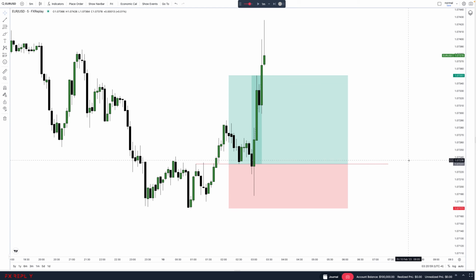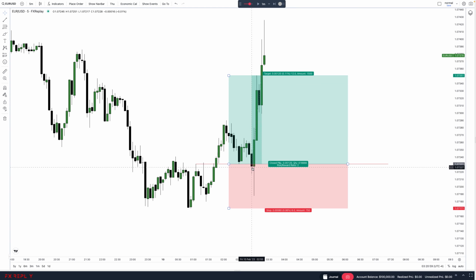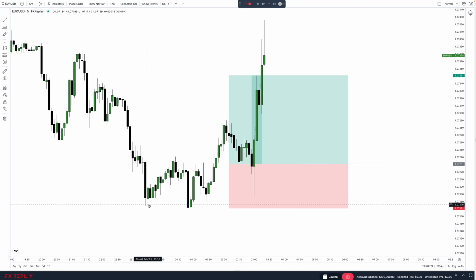As you can see, we got tagged in and price always closed within the mitigation block candle, which made it a good trade of 1 to 2R. Just to recap this trade, we have a lower low, a lower high, a lower low, a lower high, and a higher low and a higher high. A market structure break right here, and the mitigation block is the last green candle within this upswing, which worked